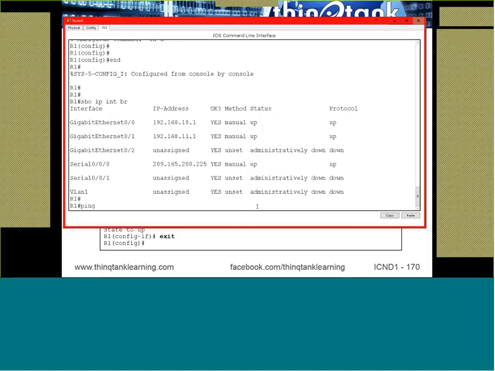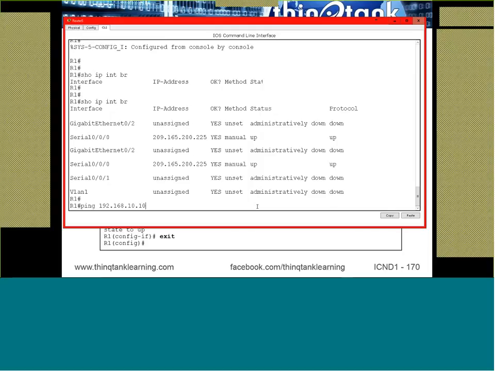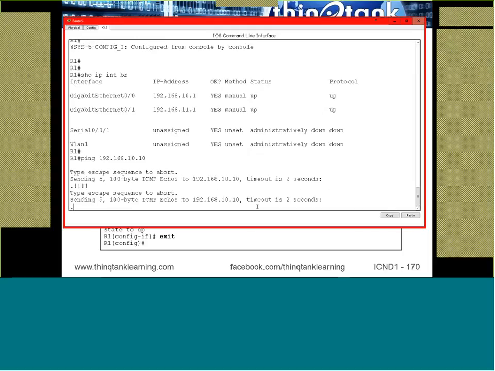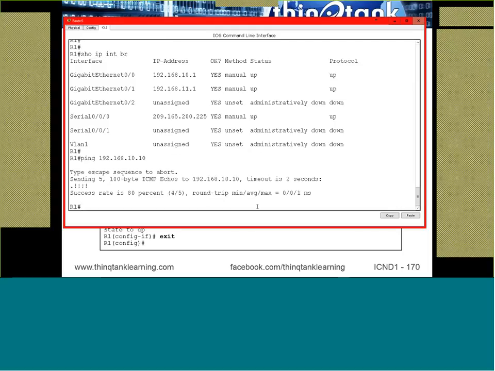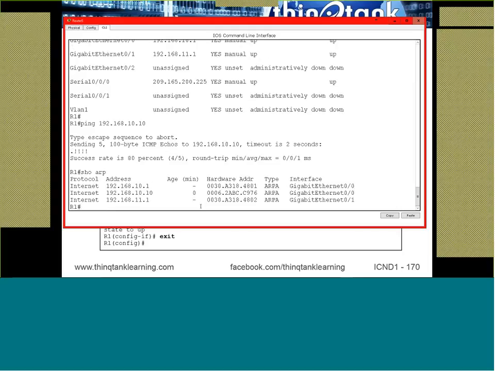So I can actually ping from my router to my host. If I configured my host correctly, I should be able to get a reply from pinging my host. Why did the first ping fail? Because the router is doing its resolution. If I do a show ARP, I can actually see the ARP cache, and I can see the entry for